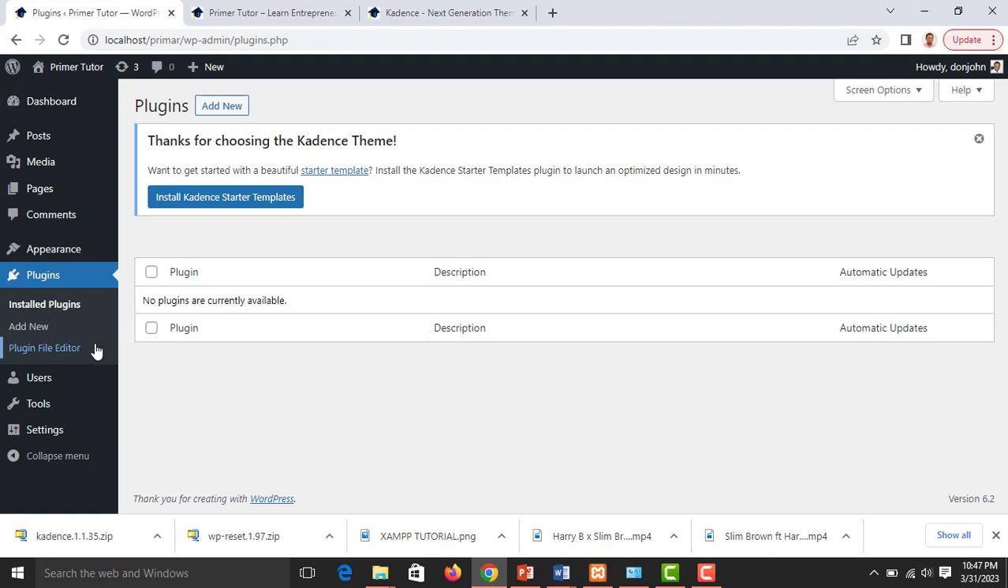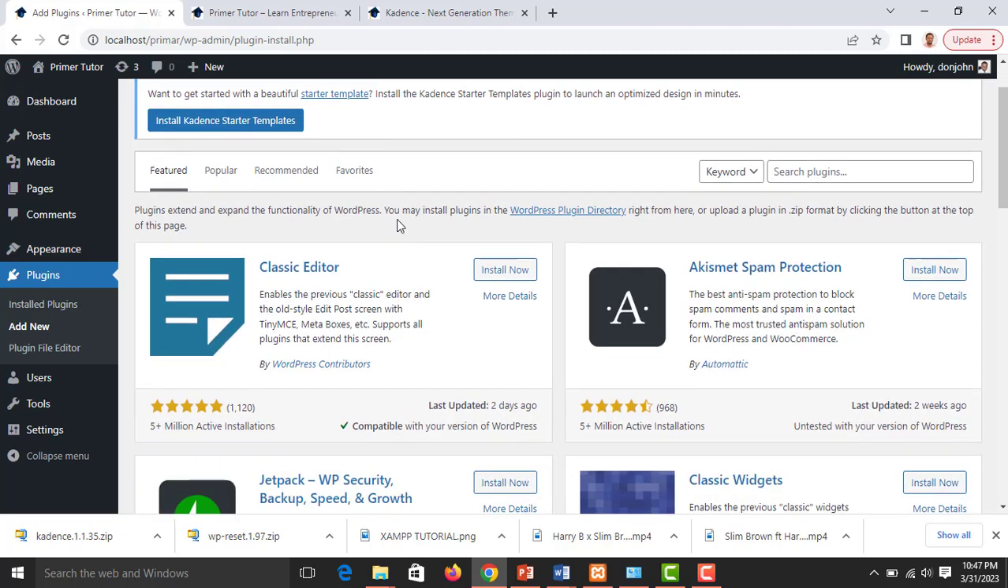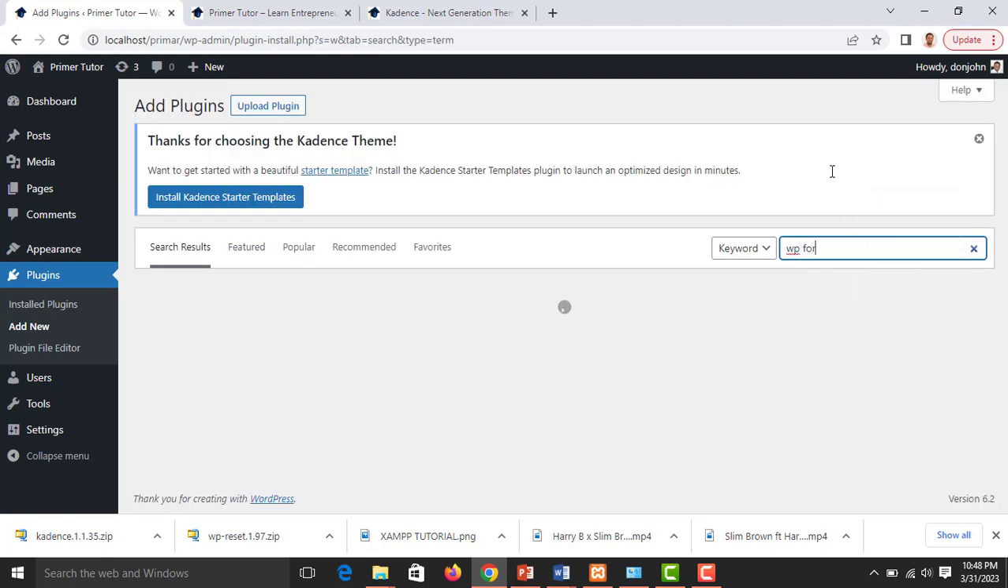Let us move to the next one, which is to add new plugin, and you can do that from here, or you can do that from here. So any one you choose will still take you to the same page. Let's start with this one. I'll click on add new. Alright, so after adding new, you come here and click on search plugin, and then you type in the name of the plugin you are looking for. So let us begin by typing in forms. Okay, so you do WP forms,